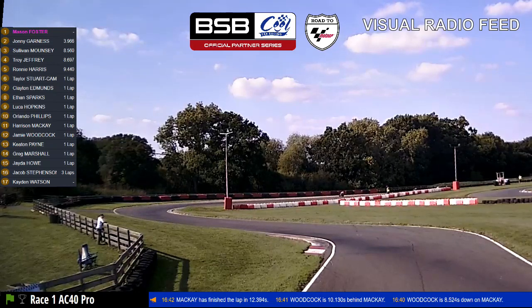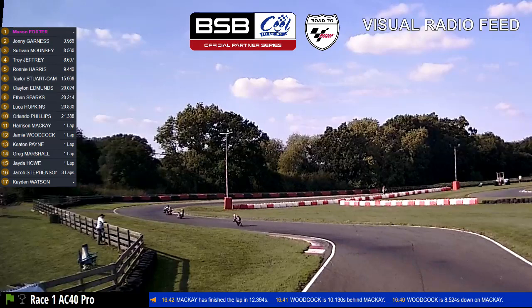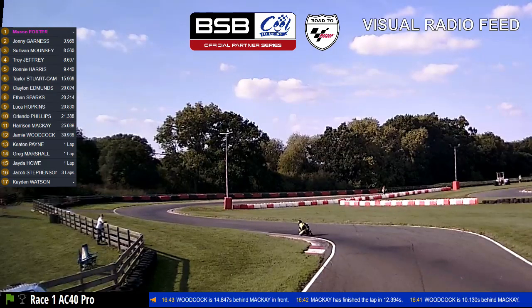Troy Jeffrey, the number 21 rider, closing in again on Sullivan Mounsey. It's these quick runs from the final corner up towards turn 3, where Troy really can get the pace, really has got the pace. It's just the twisty stuff in the middle of the circuit which seems to throw him a bit wide, but he's not doing it on this lap. Up the inside he goes into 3rd place with a late move on the rider's right hand side, the inside line into turn 6, consolidates it through turn 7, but Sullivan Mounsey just gets a fantastic run on the apex